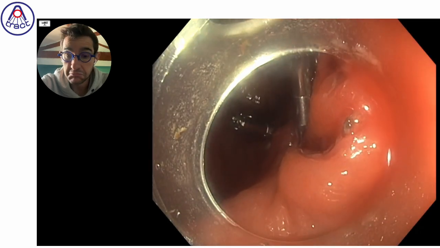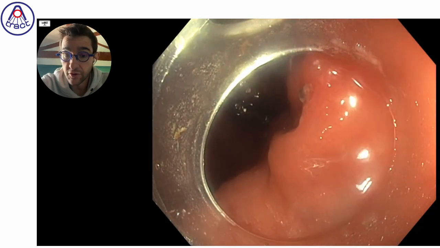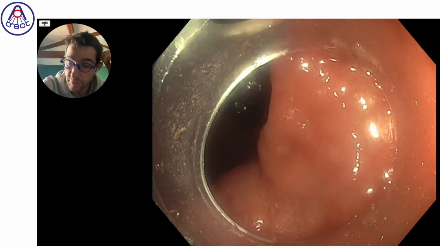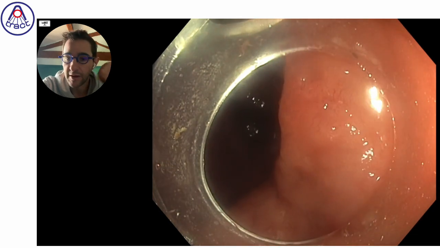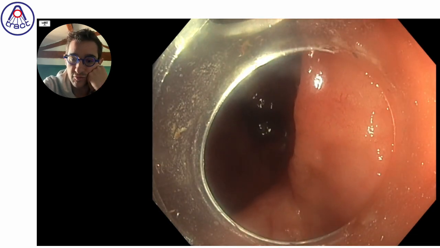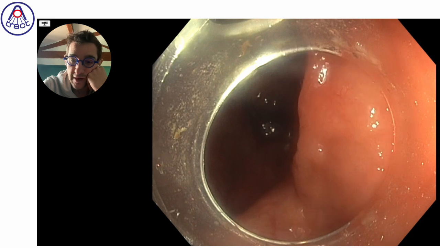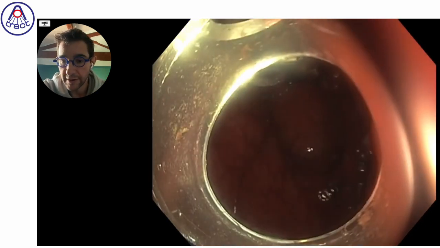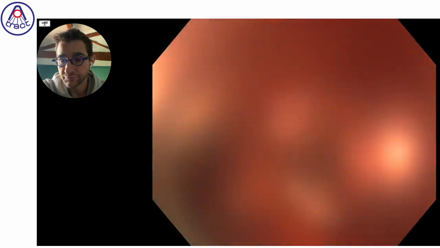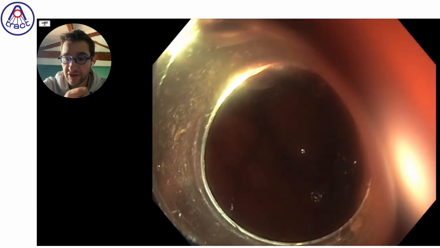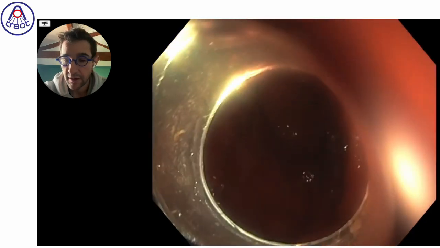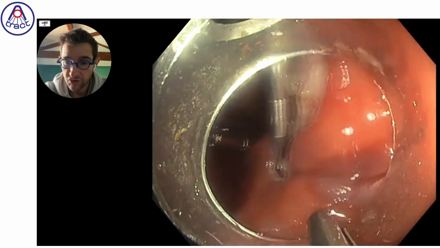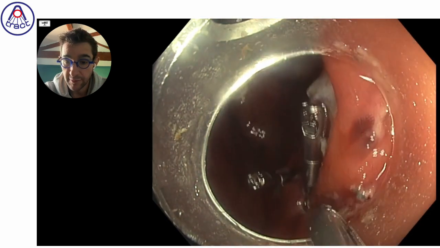Data for the moment are not really in favor of closure, but we really need a good closure system, probably like X-Tack, like Mantis Clip, like new kinds of devices to close more easily, or at least doing this kind of small incision all around the lesion in order to make the teeth of the clip able to catch the tissue without slipping, because the main problem when you have a tangential approach like this is to be able to close